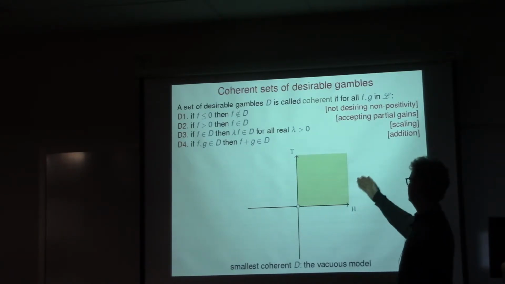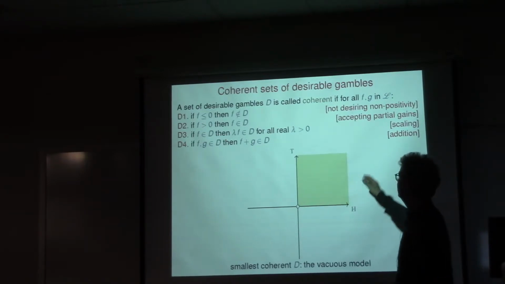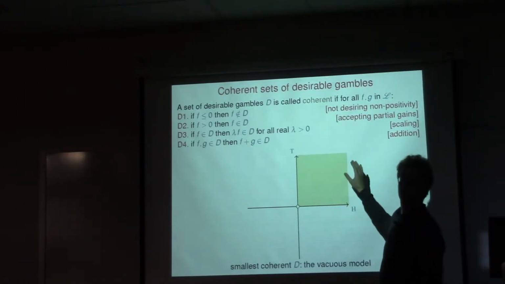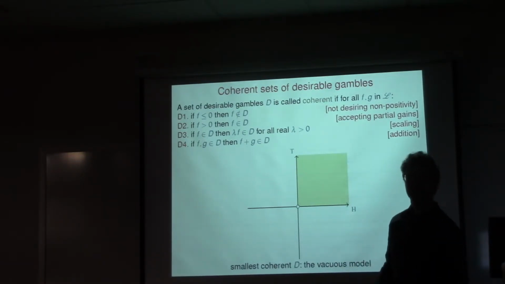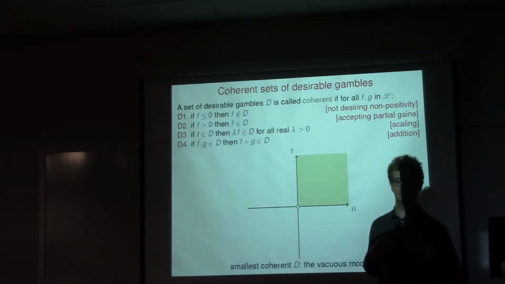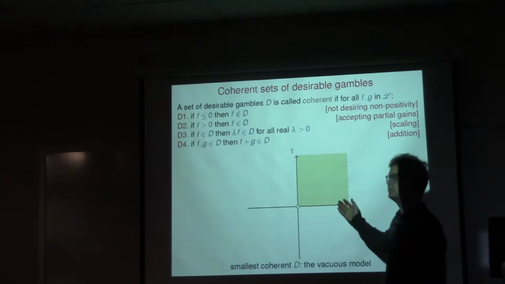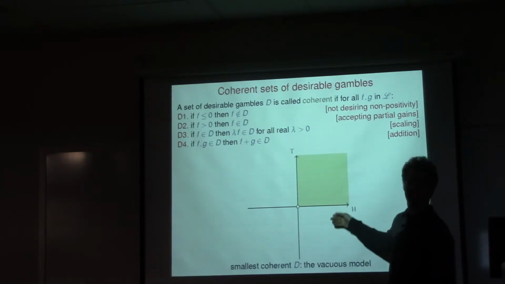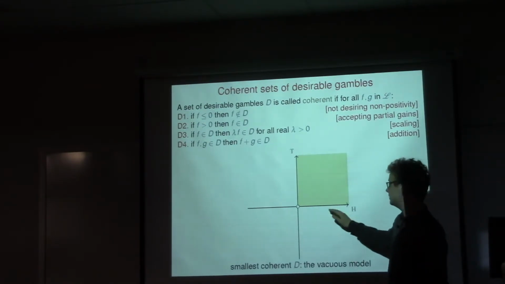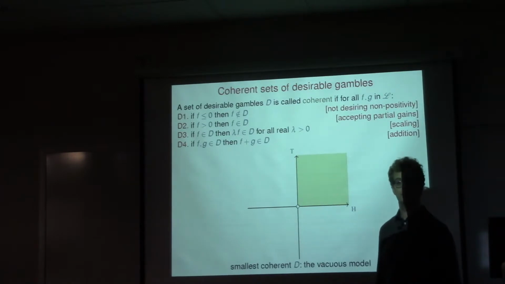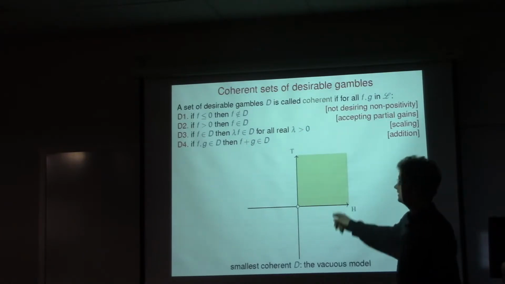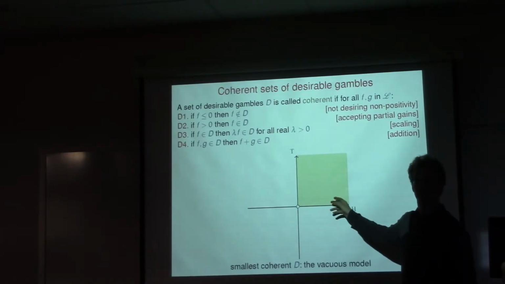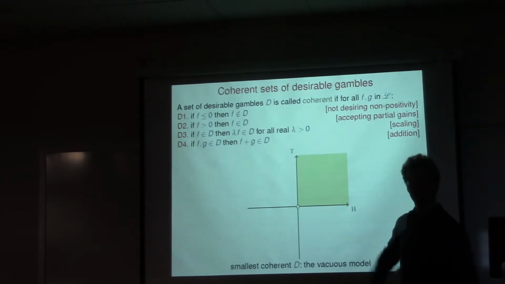This is the set of desirable gambles, the vacuous one it's called, and my only desirable gambles are the positive orthants. So the only gambles I find desirable are the ones where I will gain something, and nothing else. So that's the least committal set of desirable gambles. Yet it has a precise membership function. In the interpretation that I attach to it, this means not believing anything at all about the problem, not having any information about it. And still it's a set with a precise membership relation or function. Is this imprecise for you or not?